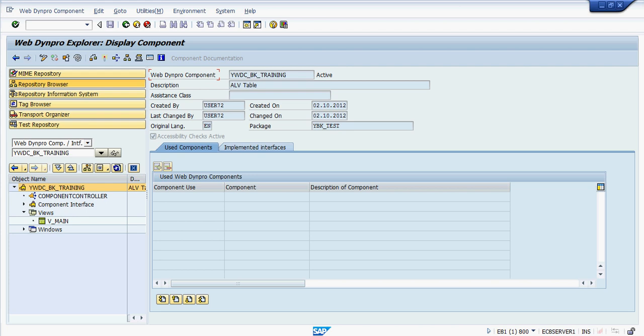Right, now let us move on to the views. So this is the view layout where we design the screen. Okay, now to achieve the ALV